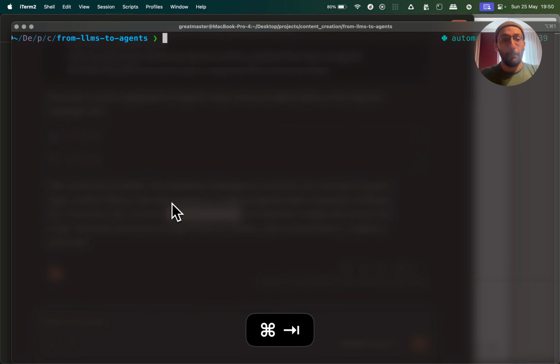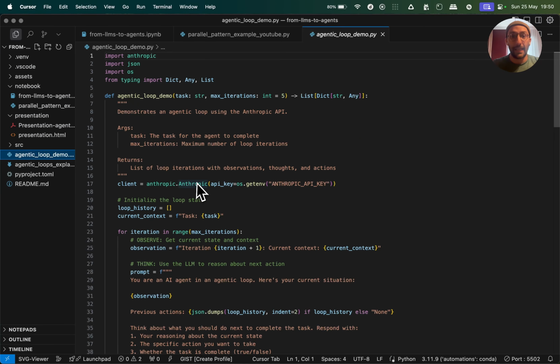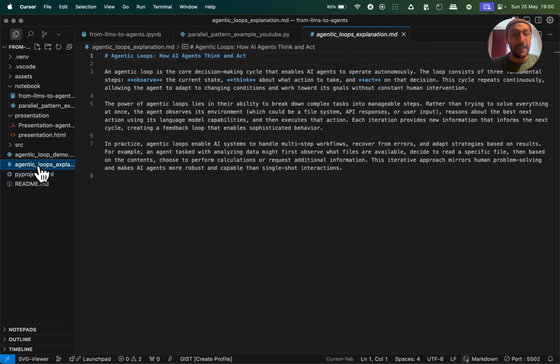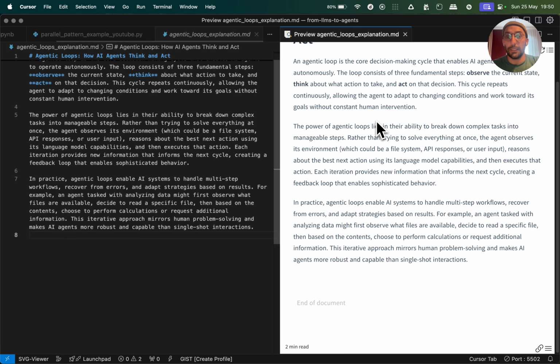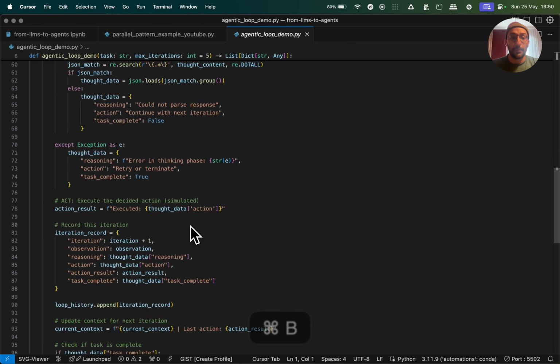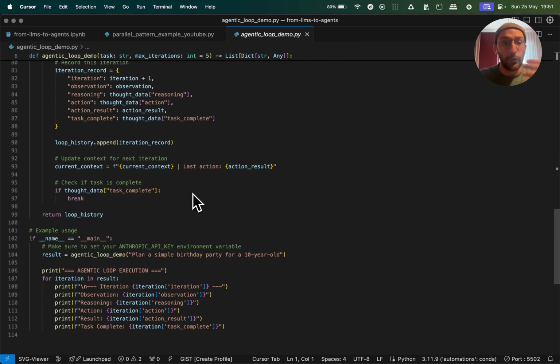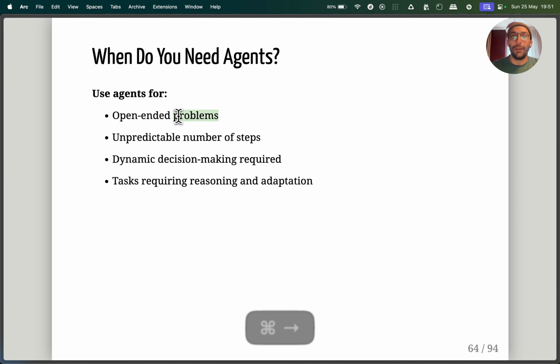But what matters, folks, is not that the code works. What matters is that this agent that we just created did something really cool. We now have this little agentic loop explanation in 3 paragraphs. We got it saved to the right place. It generated some executable code. It got it saved to the same place. And I could test this code, and maybe I'll test it later, but the point is, folks, this was an open-ended problem.